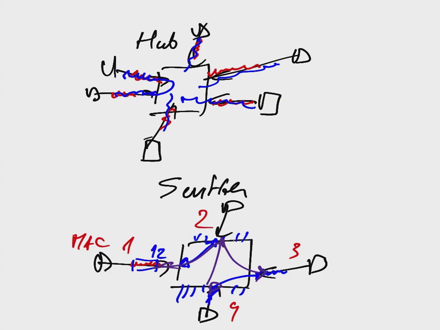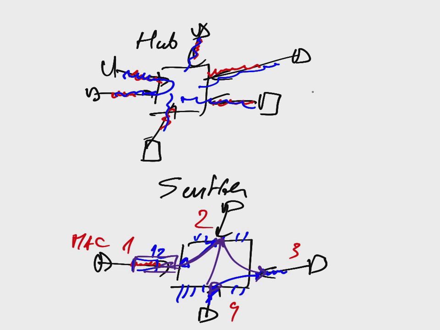So most of these devices that we have at a home office or work office are at least switches. So they have separate internal virtual channels, and in most cases only those devices are disturbed which actually need to listen to this particular Ethernet frame sent from one place to another.